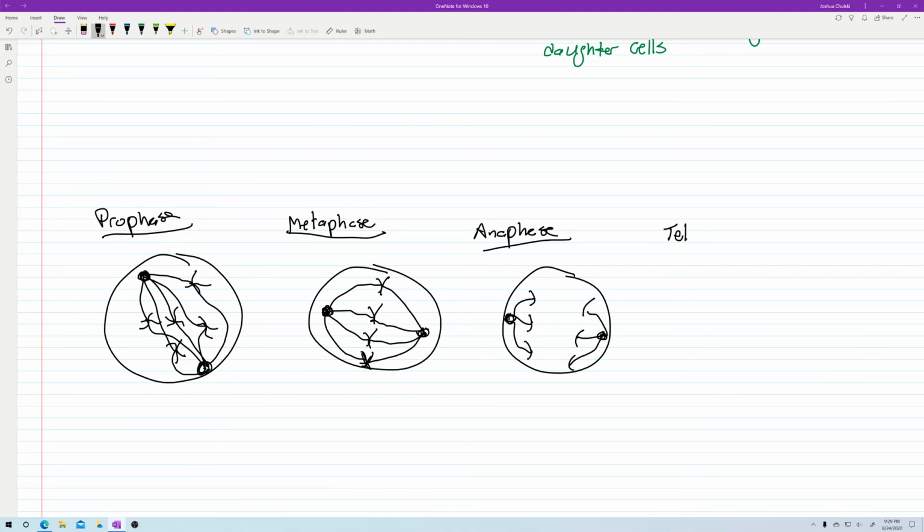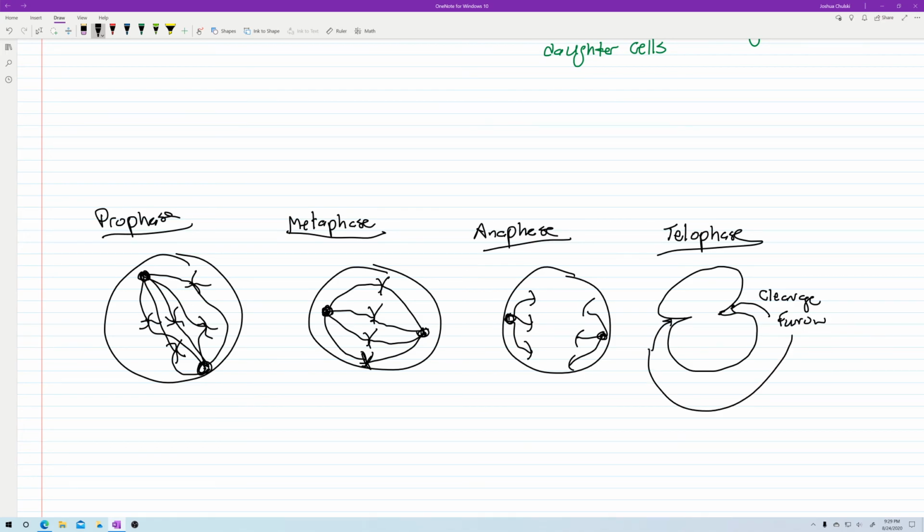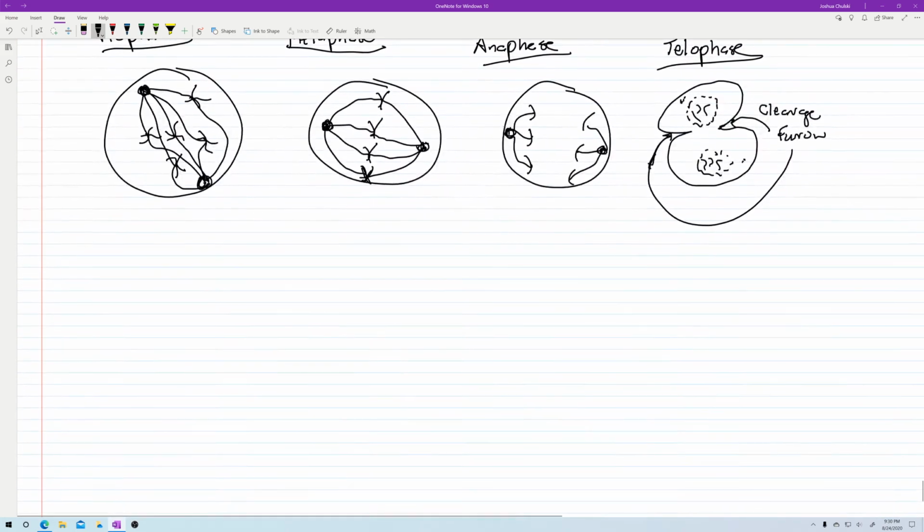Then we have our telophase. Okay. And so in the telophase, this is where you get kind of like two cells starting to form. And this is the cleavage furrow. You can see where it's starting to divide, and we're starting to get the actual splitting of the cell. You're getting like a remnant nucleus forming, and the chromosomes are inside of the nucleus. That's what's happening in telophase. The spindles are starting to regress a little bit, and then finally in cytokinesis,